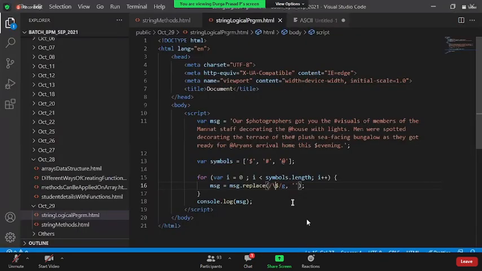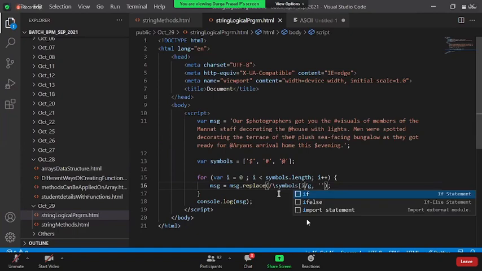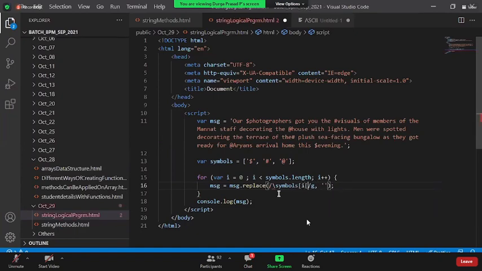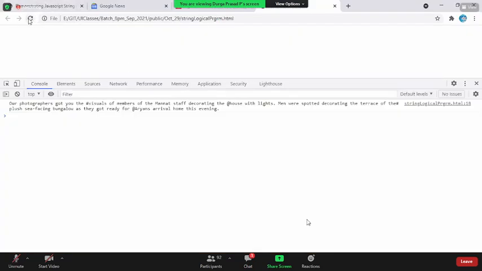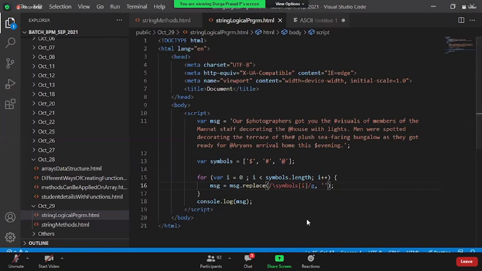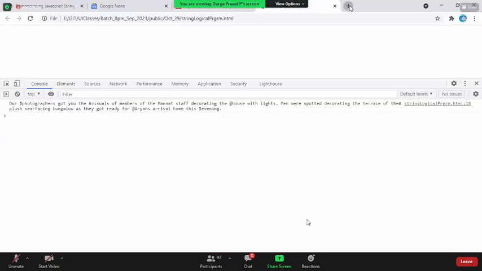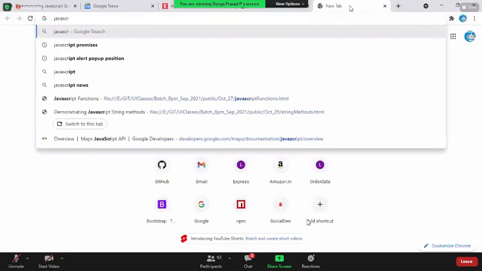But the problem is the dollar is inside the array. How do you take it from this array? Now I say symbols of i. It will be treated as characters. Oh my God, JavaScript.